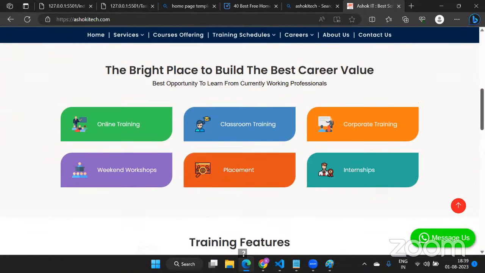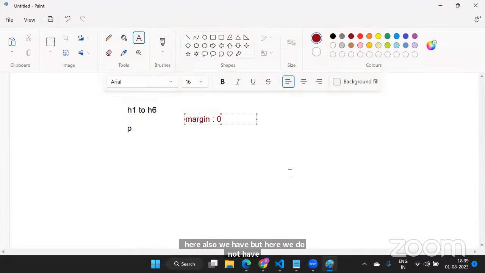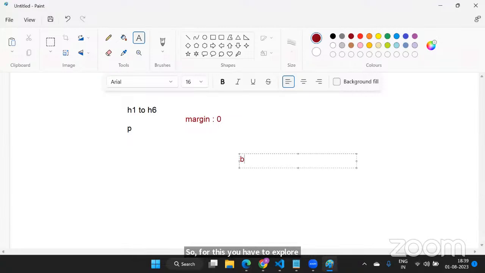This section, how to build this kind of div? Like here, see, there is curve. Here also we have curve. But here we don't have curve. So for this, you have to explore a property called border